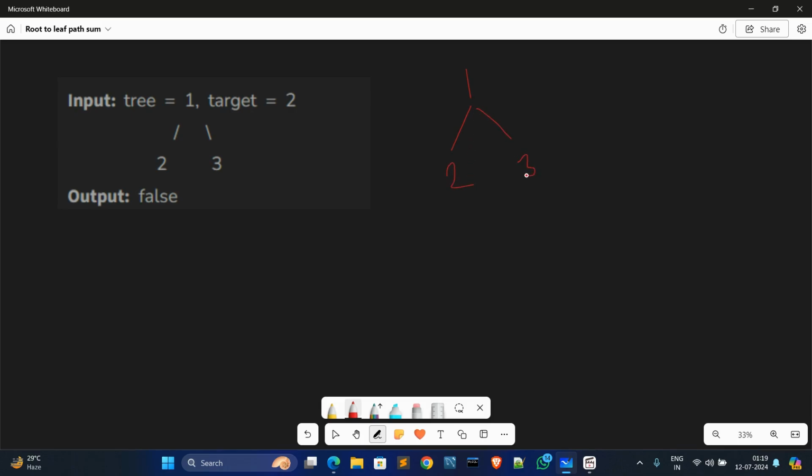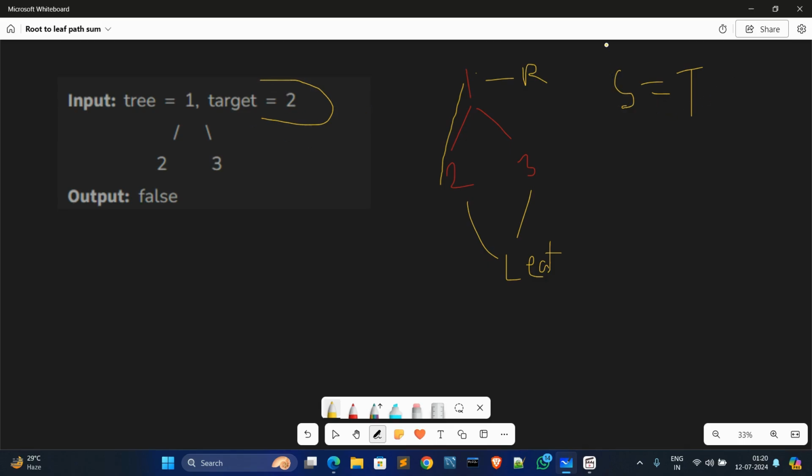In this binary tree, this is the root node and these are leaf nodes. Now we have to check the sum from the root node to the leaf node, and check whether the sum is equal to our target or not. In this example, the target value is 2.